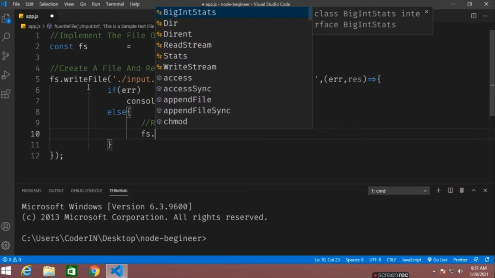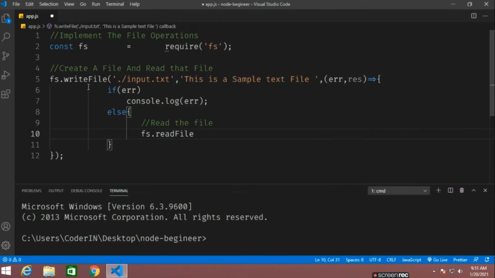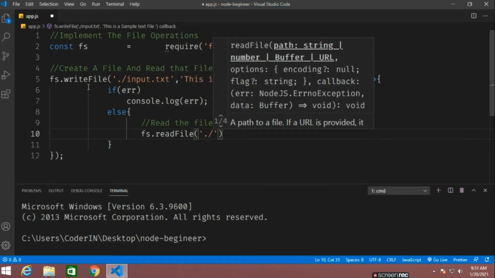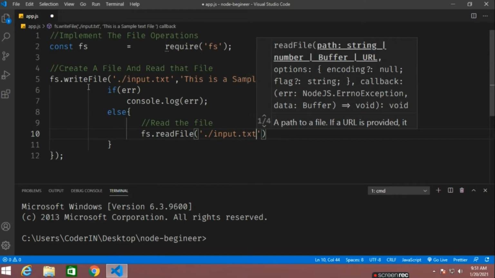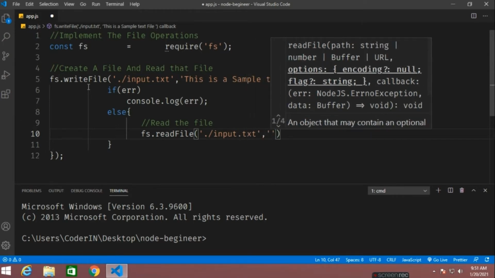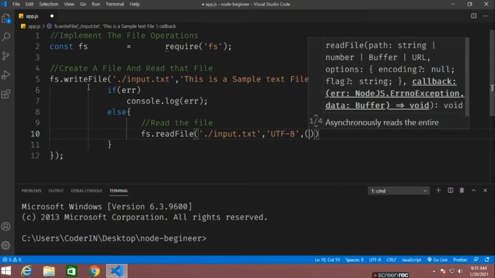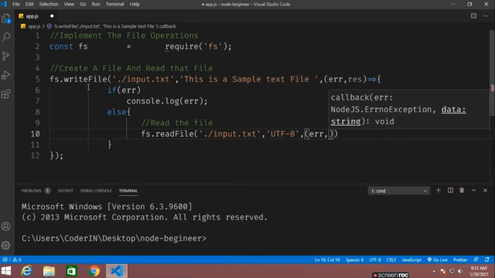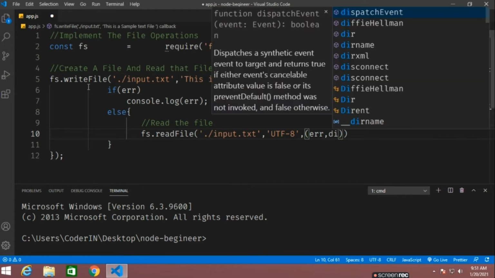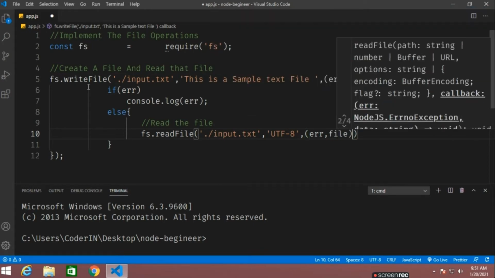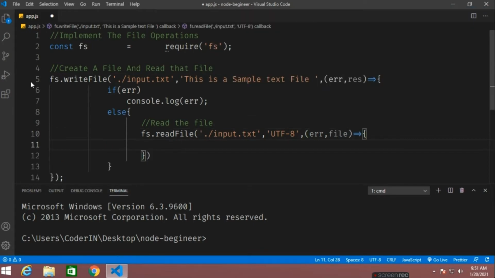So fs.readFile is very easy, right? One is writeFile, one is readFile. What we are reading here is input.txt. The encoding format is UTF-8, otherwise it will show you some numbers if you don't use this. This is the encoding format, then the error, and the file which we need to display.